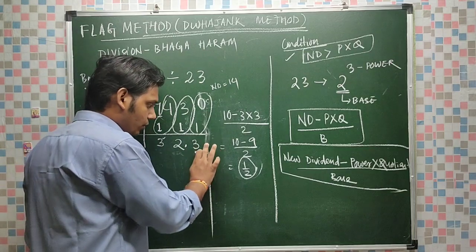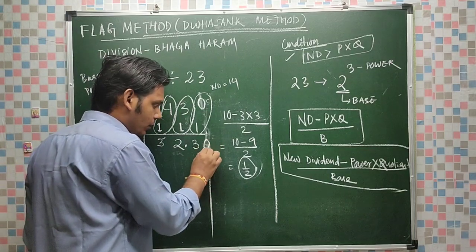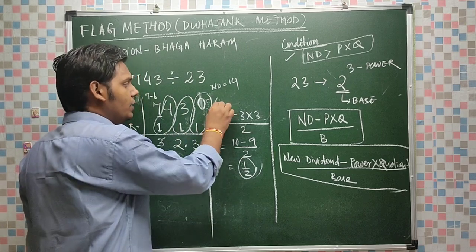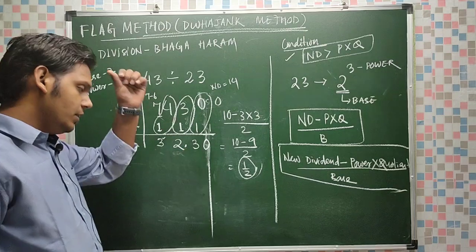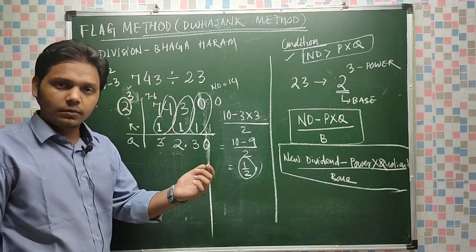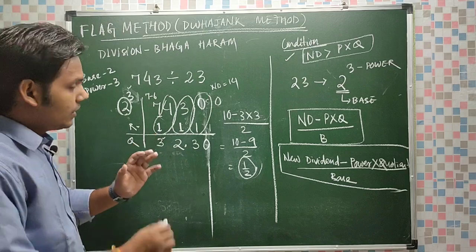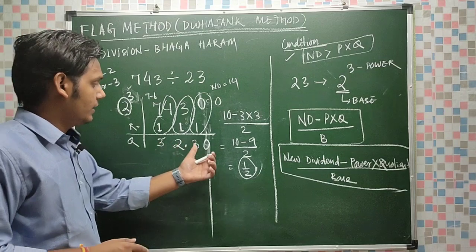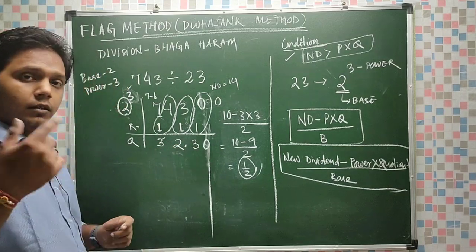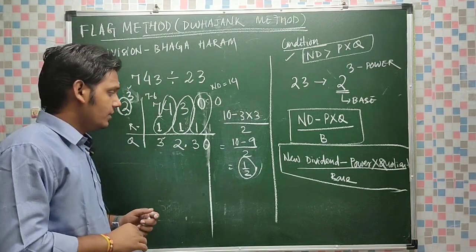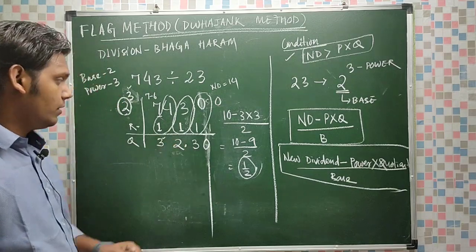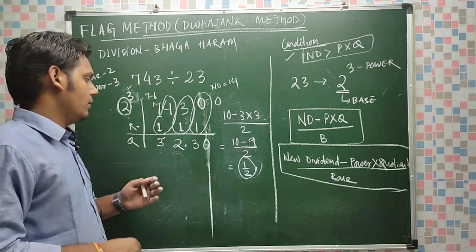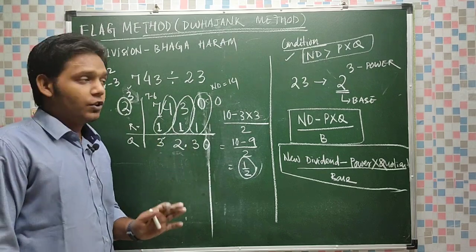So simply what you have to do? I have to take 0 here. 3 0 0, and thereafter the remainder is 1. So up to this much you have to do. 32.30 is correct up to 2 decimal places. So the exact answer you will get with a calculator. You can divide in a calculator also, you will get the same. 32.30 will be the first 4 significant digits. We could go further, but we don't need to do that much lengthy work. So up to 2 decimal places you have to do.